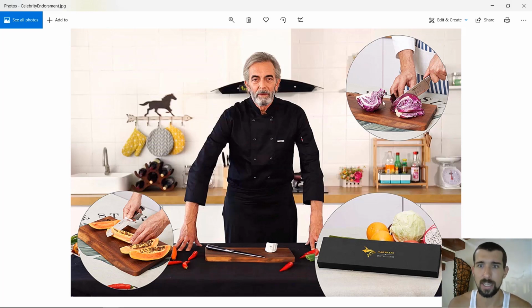And here we have some products in use, and we can also use celebrity endorsement. What does it mean? It's not featured here, but if you have some celebrity or some magazine that people know about and they use or feature your product, you can use it on Amazon, for example, and say "as seen in Kitchen magazine." This is very important because it shows social proof to people. And once you show social proof, they tend to buy more from you. If some super cool chef that other chefs follow is showing this knife and it's actually working, they think, "Let me click add to cart now."